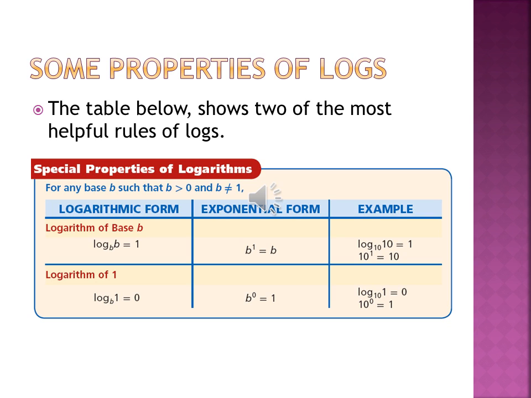This table shows two of the most helpful rules of logs. We'll be using these to solve exponential equations. The log base b of b is always 1, because b to the first power is b. Now, the second rule is that the log base b of 1 is 0, because anything to the 0 power